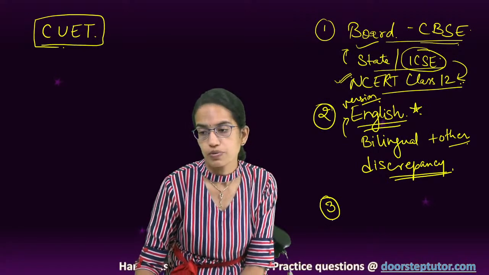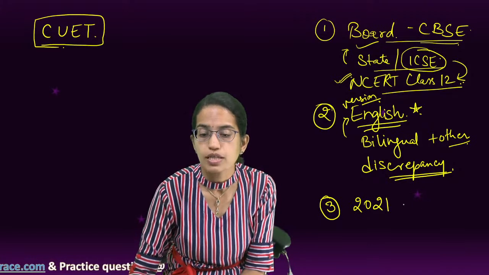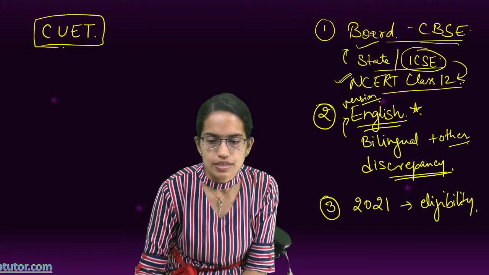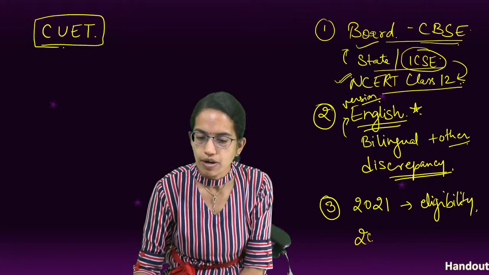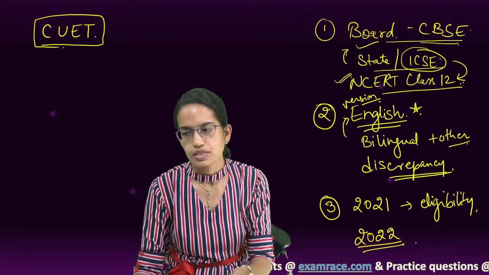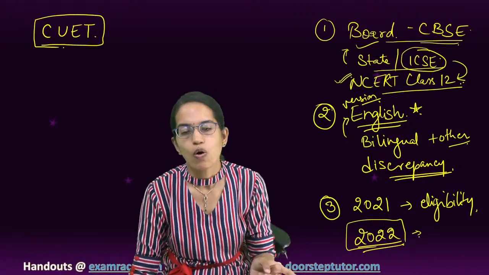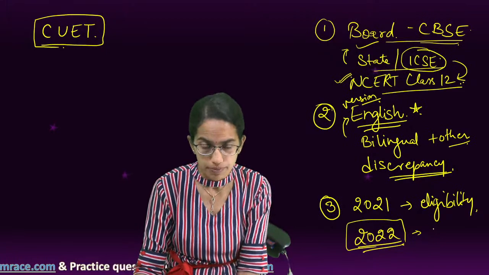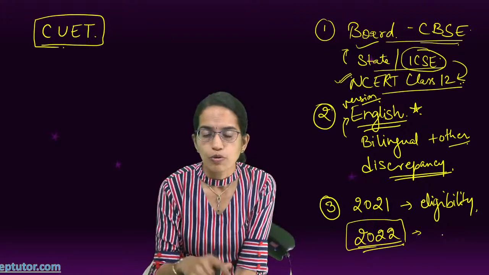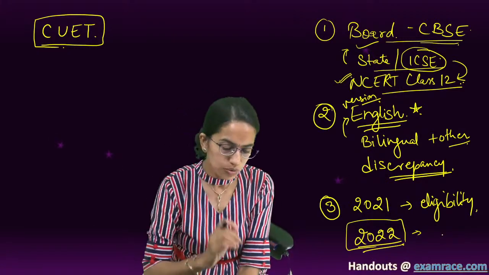The third important question is, I have given my 12th class in 2021. Am I eligible? So, eligibility. Now eligibility, it's very simple. All those who have appeared for 2022 can definitely appear for the examination, and all those who have appeared even before can appear for the examination. There is no age limit. Okay, so even if you have qualified in 2020, 2021, and now you want to pursue your bachelor's program, you can definitely enroll through this medium.